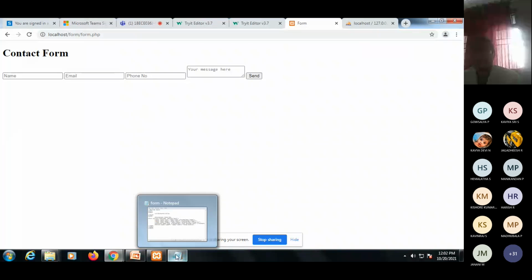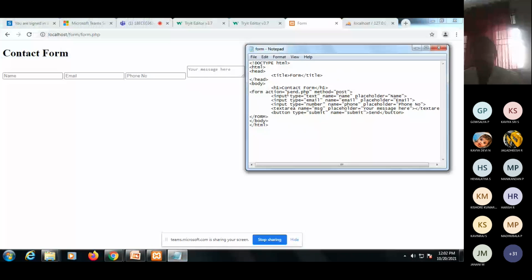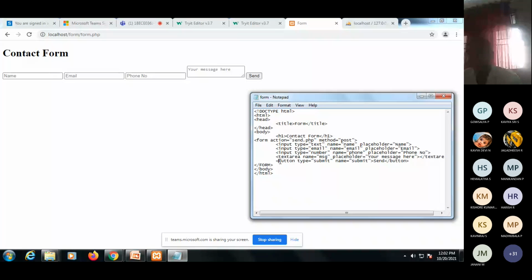What is there under this? Name and email and phone number are there. In this I have given phone number. So name is displayed here, and then email and phone number. Then what message you have given here, your message is here. Then give a submit button. So button type I have given here. In HTML, if you want to give a button, you have to represent this tag.